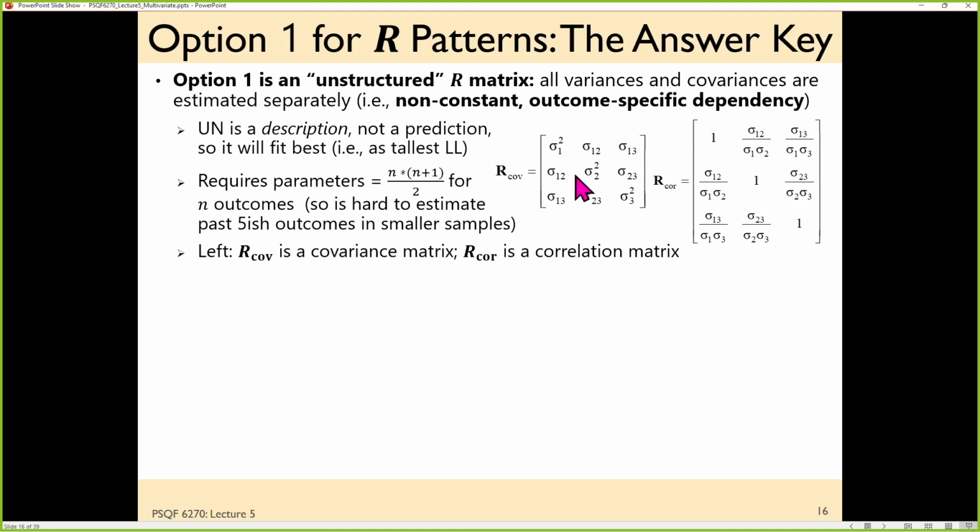The other way that this becomes not applicable, let's put it that way, is for unbalanced data. So balanced versus unbalanced. Balanced is the idea that there's the same possible set of outcomes for each sampling unit. So if this is mom, dad, and kid, this is fine. If this is pre-test, post-test, follow-up, this is fine. If this is repeated measures condition A versus B versus C, this is fine. But what if it was something like answer a question in the morning, answer a question in the afternoon, and answer a question in the evening?